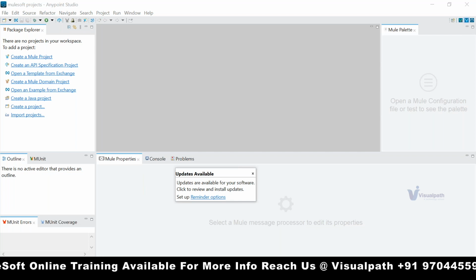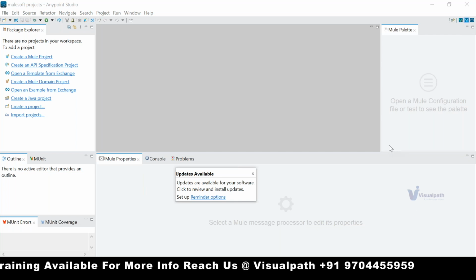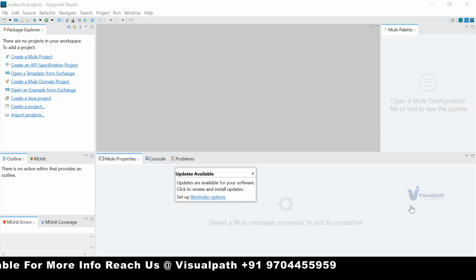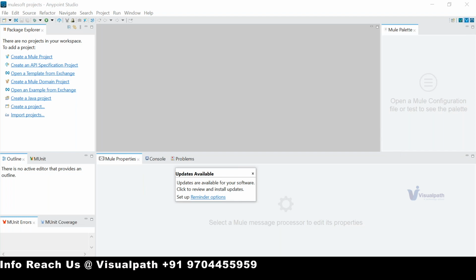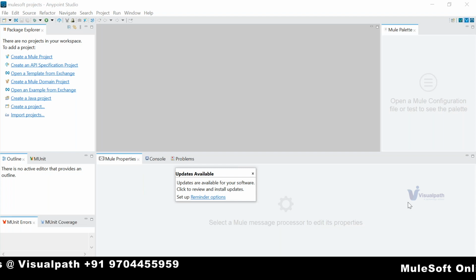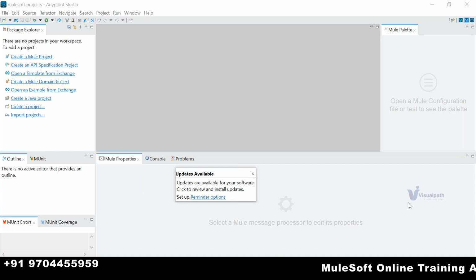Please go through the documents, whatever they are going to share. Please go through the code. The code will come from GitHub. Please make a note, GitHub. If you are not aware,